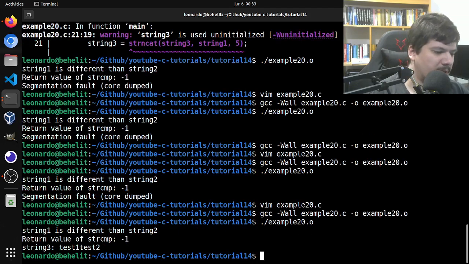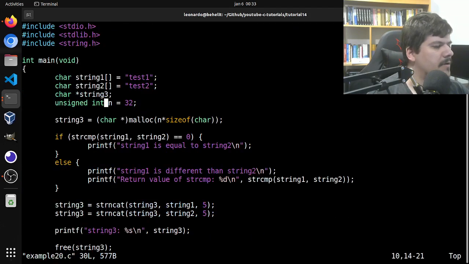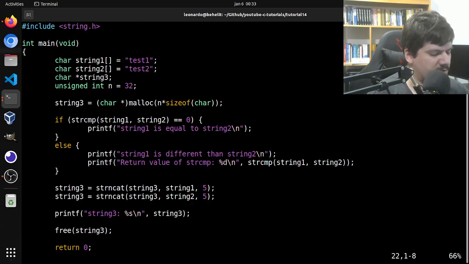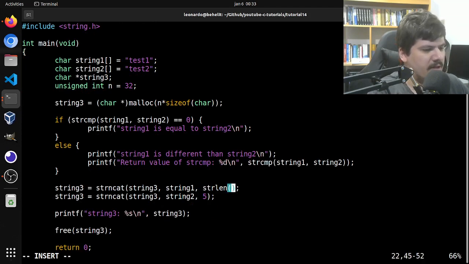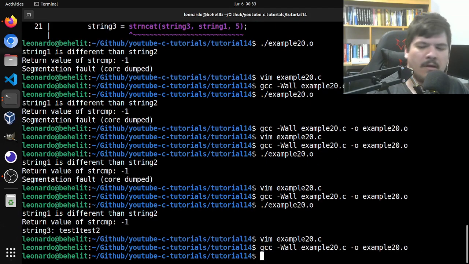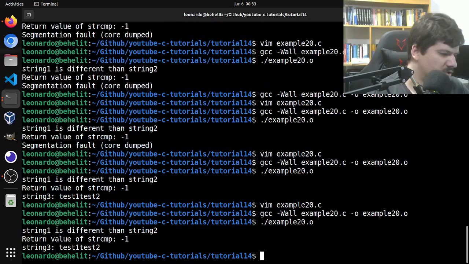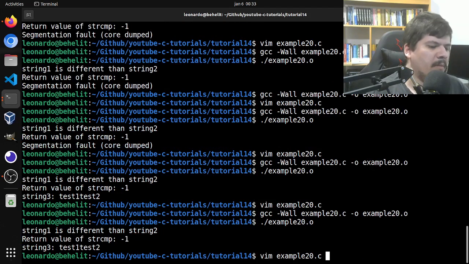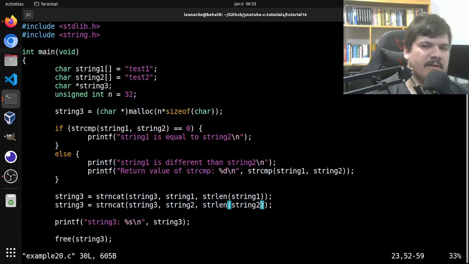Here actually we can change this hard-coded 5 to the string length of string 1 and the string length of string 2. So same result, but as I mentioned before, we are still vulnerable to